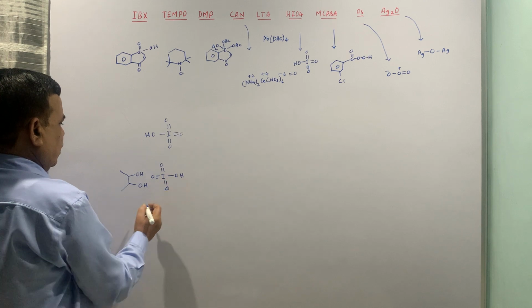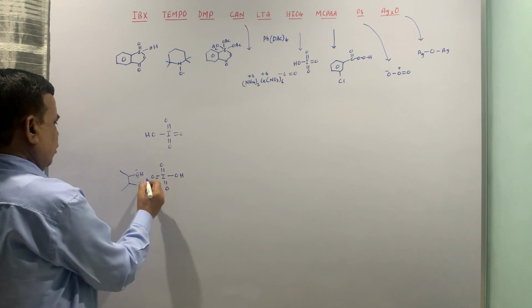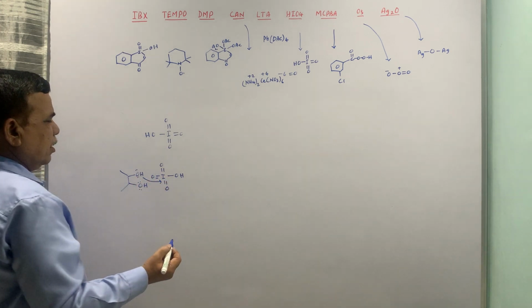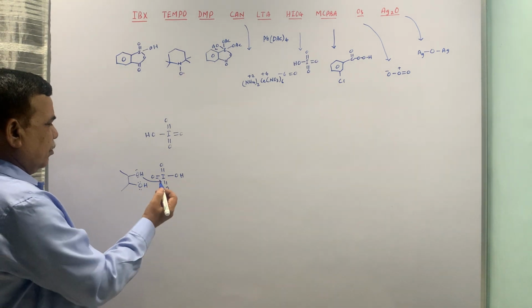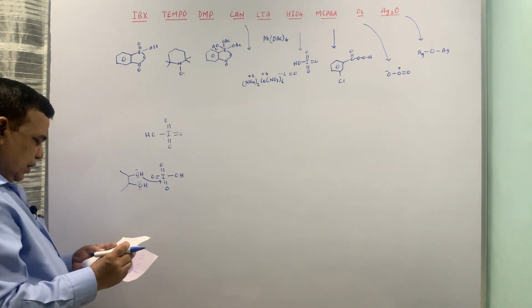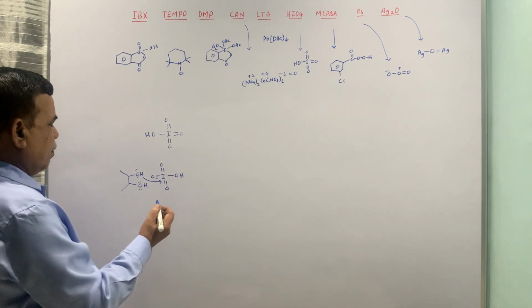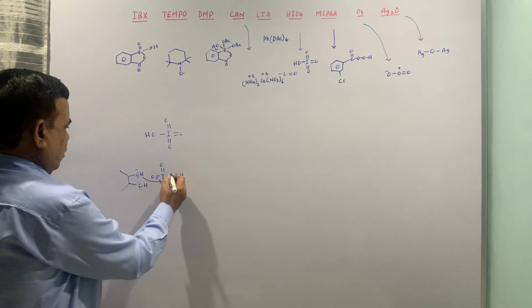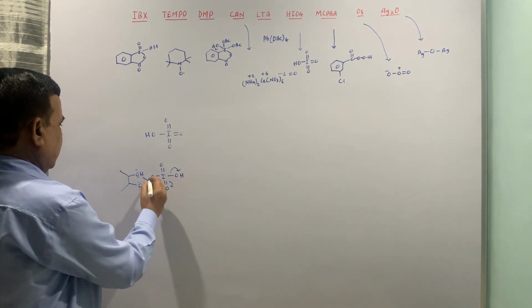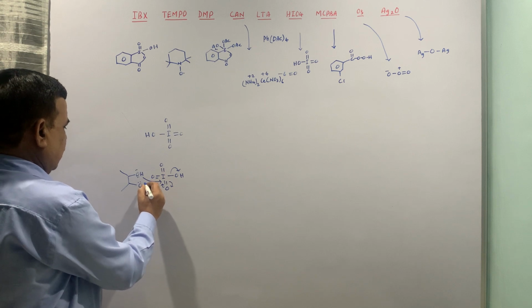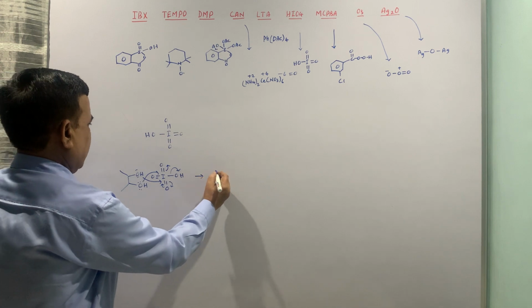the HIO4. Initially you can show the involvement of the oxygen lone pair. So the iodine-oxygen double bond works as a sink, and you can show the removal of hydroxyl, and this one goes off. I will show the delocalization here. The second will attack and this will become OH.